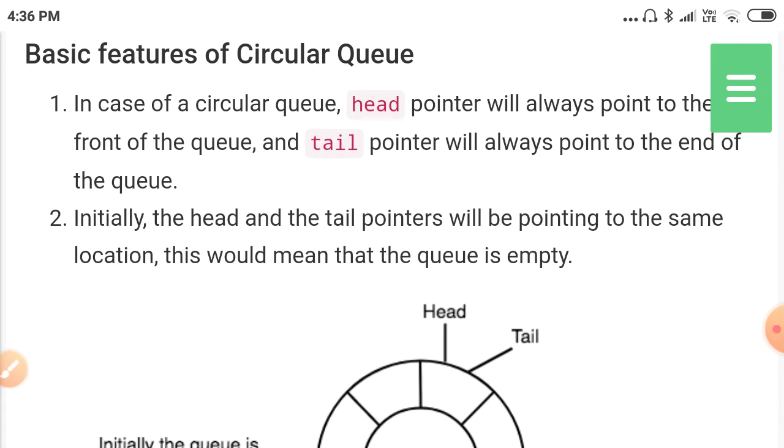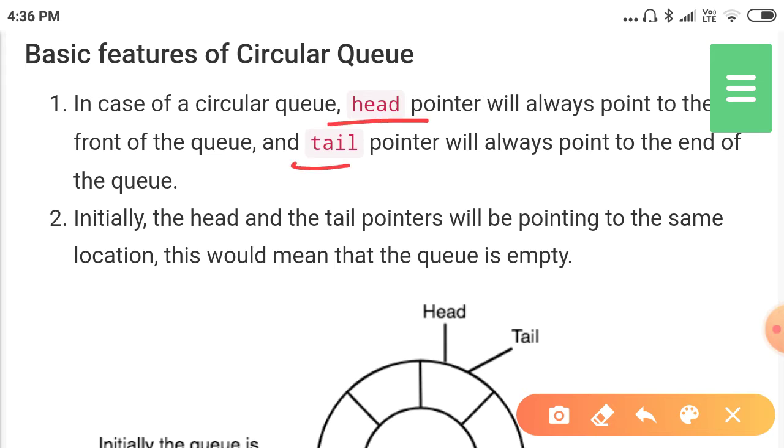Now what are the basic features of the circular queue? In a circular queue we use two pointers, the head pointer and the tail pointer.